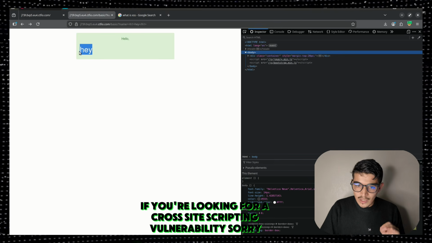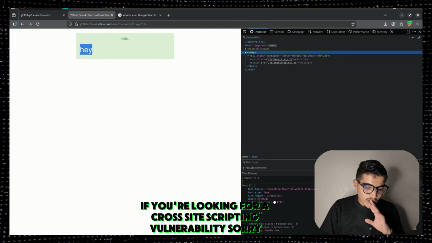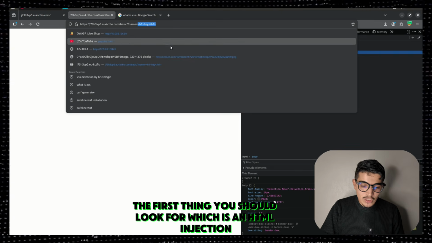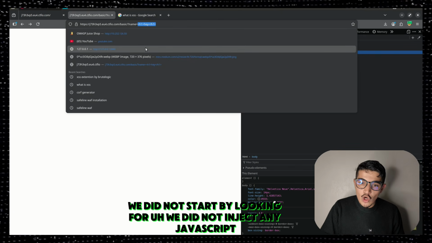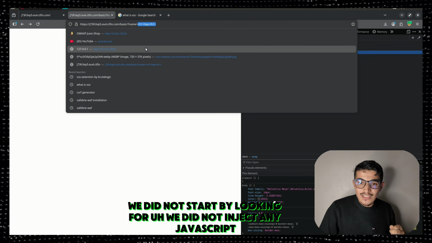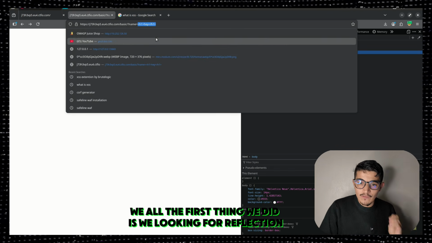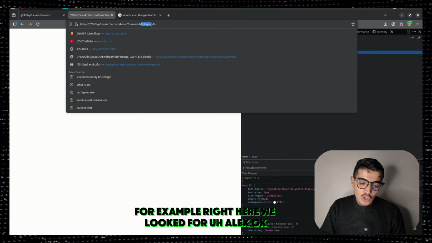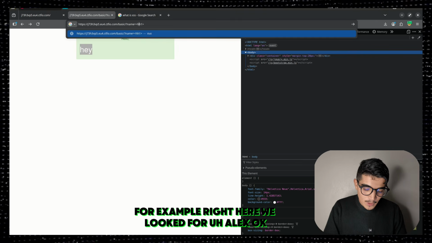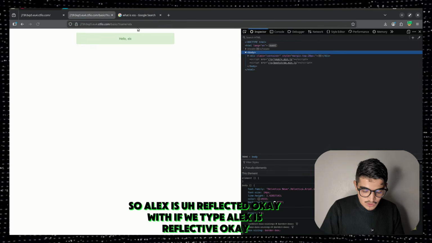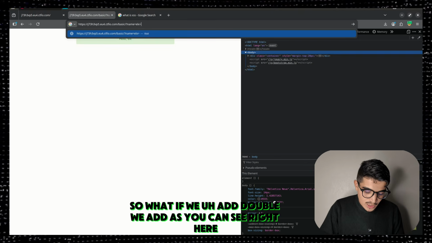If you're looking for cross-site scripting vulnerability, the first thing you should look for is an HTML injection. For example, right here, we did not inject any JavaScript. The first thing we did is we looked for reflection. For example, right here, we looked for Alex. Okay, so Alex is reflected. So what if we add